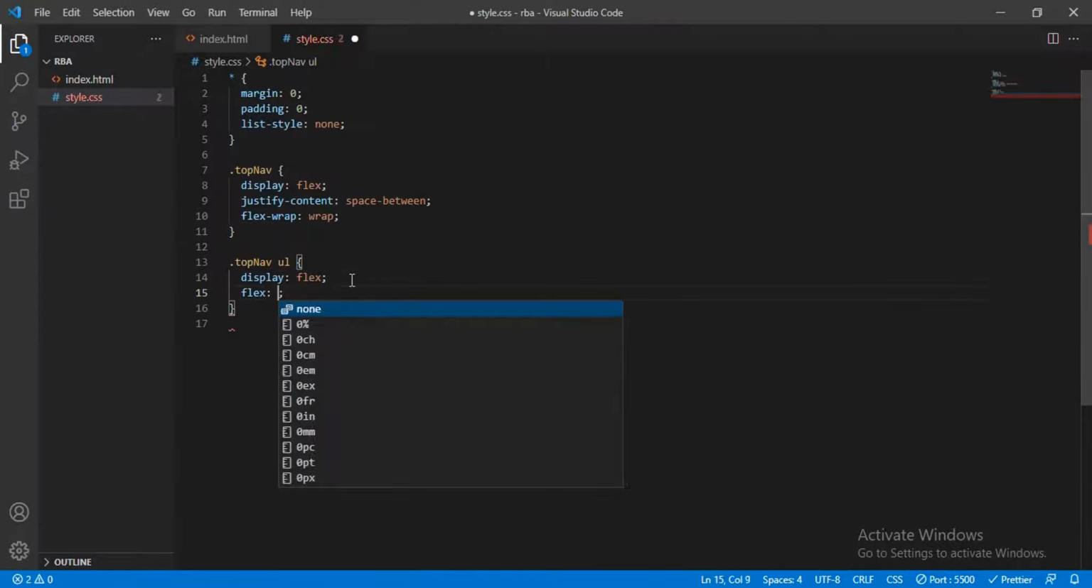The next thing we need is for these links to be uppercase. Okay, the way to do that, we're going to target the actual link, which is the anchor tag. So we just type top nav, then a, then text-transform uppercase. Okay, text-transform uppercase. If you save this and go to the browser, you can now see